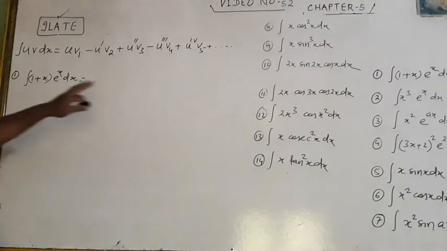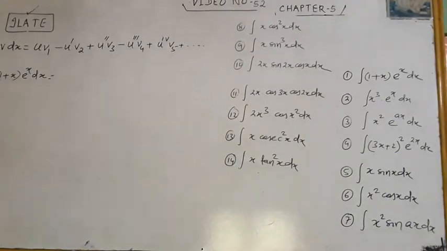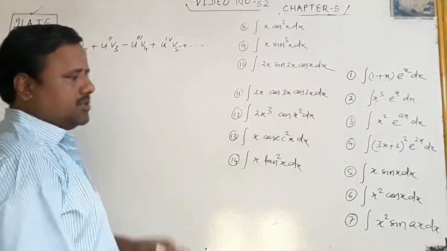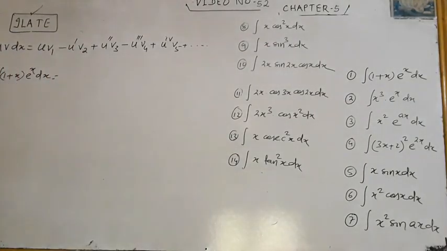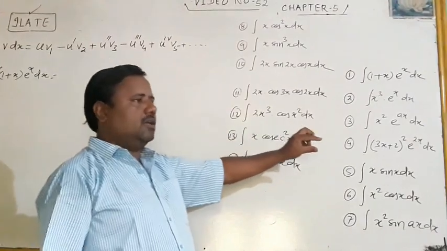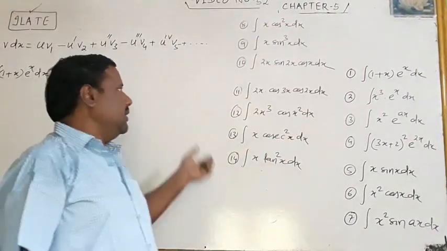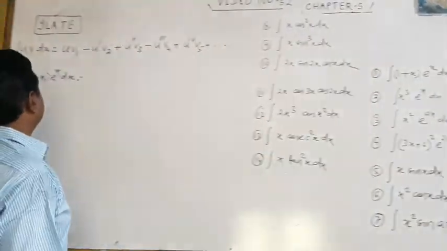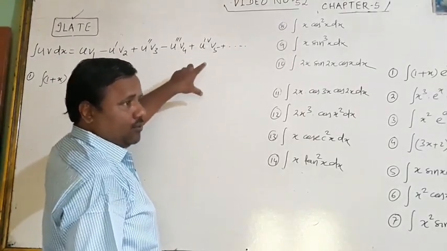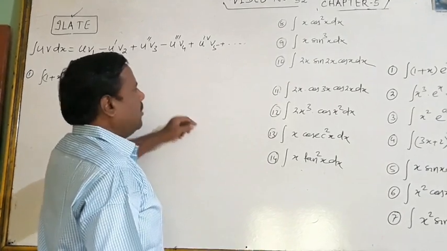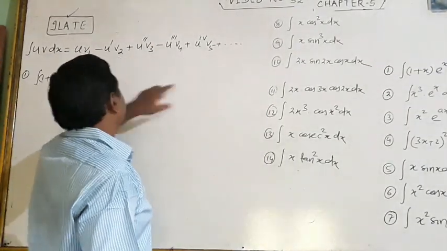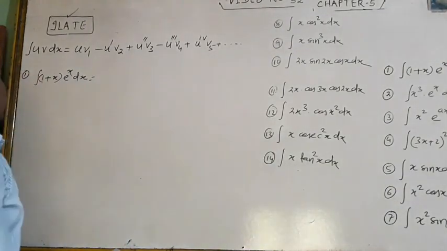Now look at problem number 1. Take a screenshot of these 14 problems and how I am doing them in a very shortcut manner. And for the exam, if it comes for 6 marks or 3 marks, first you have to explain that series that I told you, in 3 to 4 lines, then you will do the problem. For 1 mark or 2 marks, you should write the formula, then do the problem.